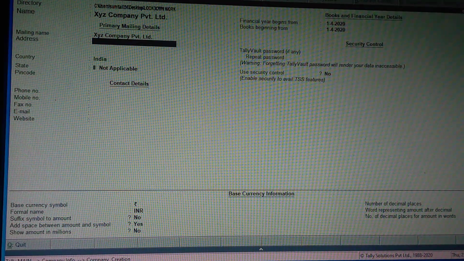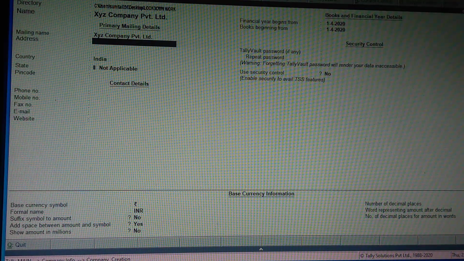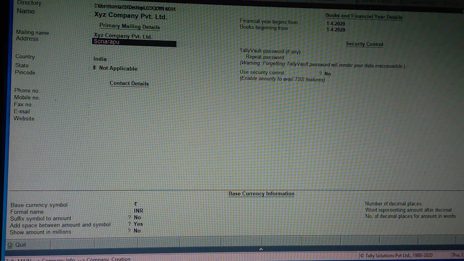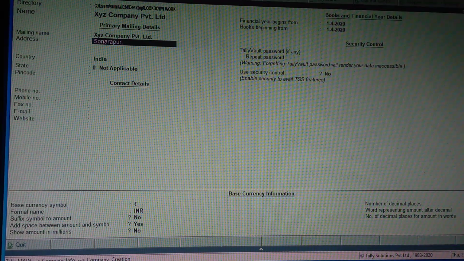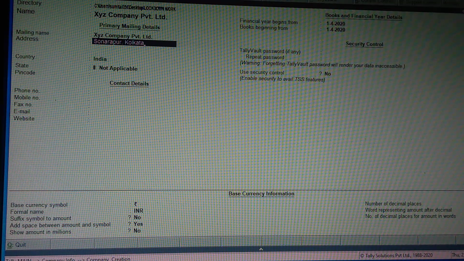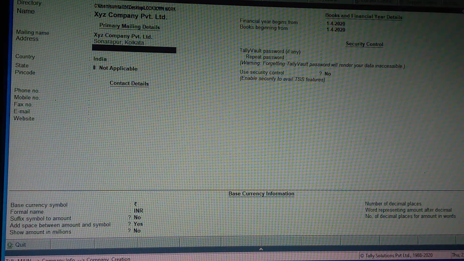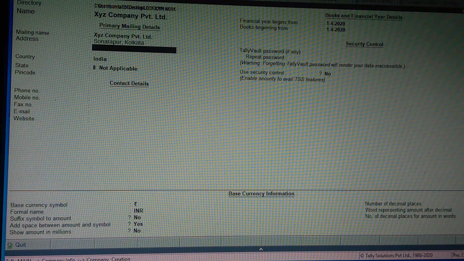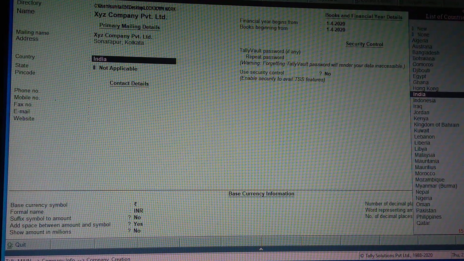I'll show you: Sonarpur, Kolkata. That is only for example.